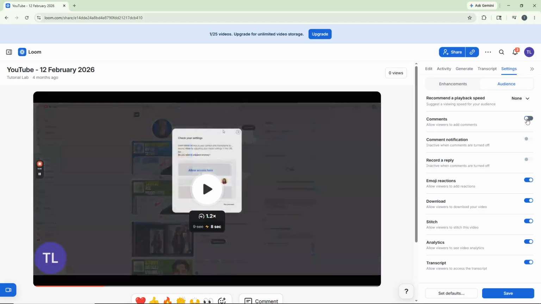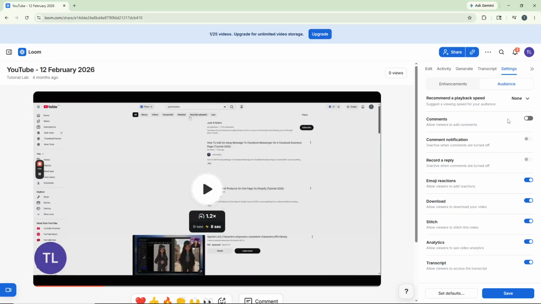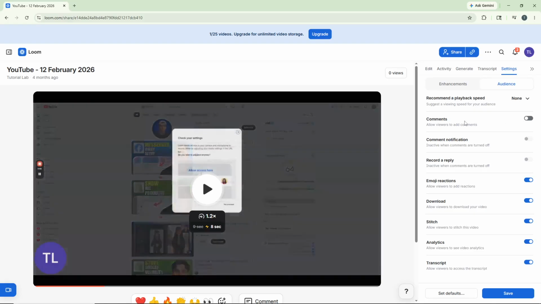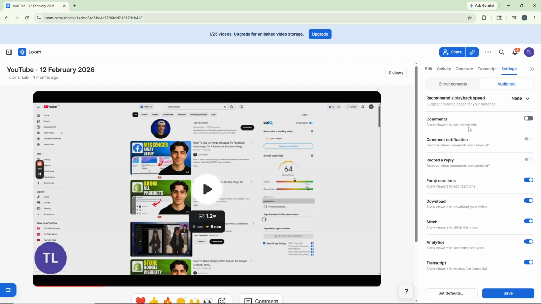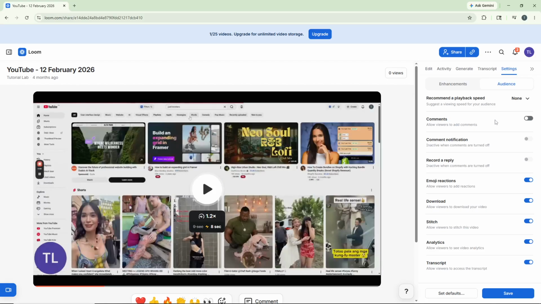Once you do this, viewers will no longer be able to leave comments on this particular video, giving you full control over the level of interaction and feedback you receive. And that's it. You've successfully disabled comments on your Loom video, allowing you to maintain a cleaner, more controlled viewing